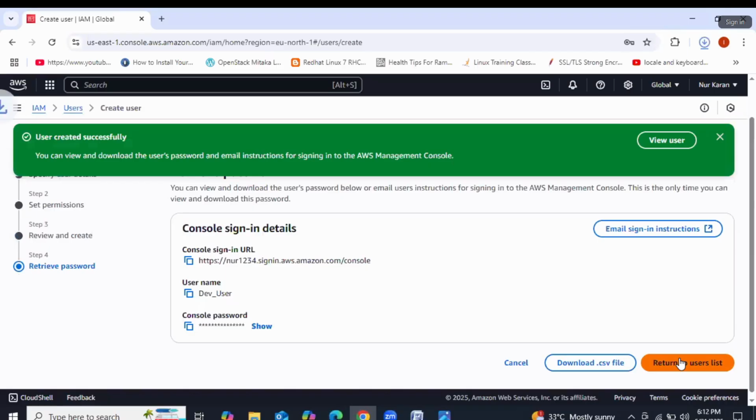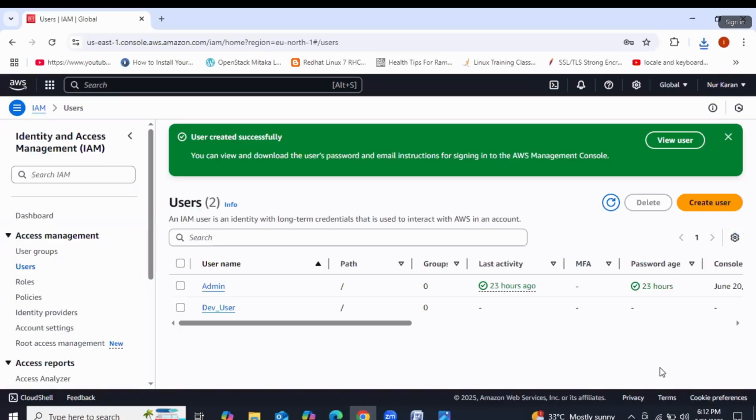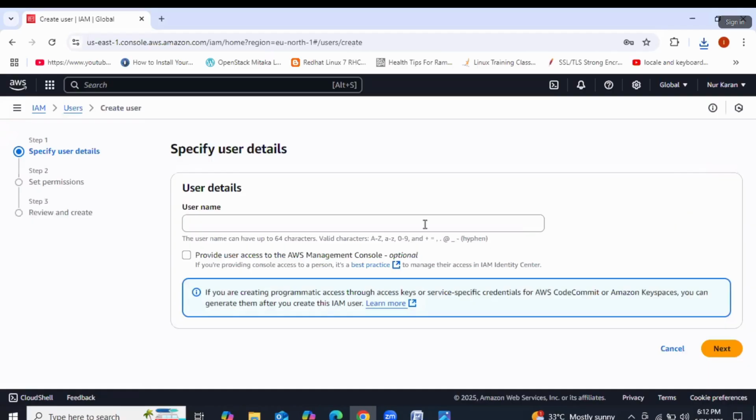If you want, you can download the .csv file. I'm going back to the users list. Return to users list. I hope you got it, guys. Clear? Yes, no. Dev user got created. It doesn't have any policies. Now we are creating one more user. So create user, ops user,